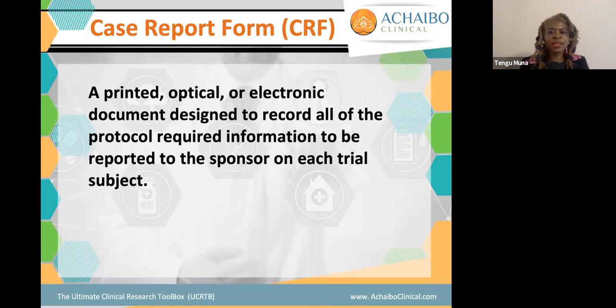In an electronic study, it's easy because once you have all that data, queries will be raised. Like if they see that the blood pressure is off, right? They say, oh, their blood pressure is 310 over 500. I know that's impossible, but let's just give that example. And then it's, oh, that's absolutely incorrect. Can you verify that? So it's just a constant dance between the different data collection points. So that's the case report form. Again, it's more E now. We get a lot more eCRFs versus CRFs.